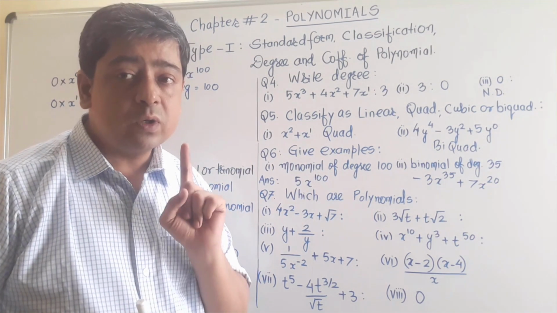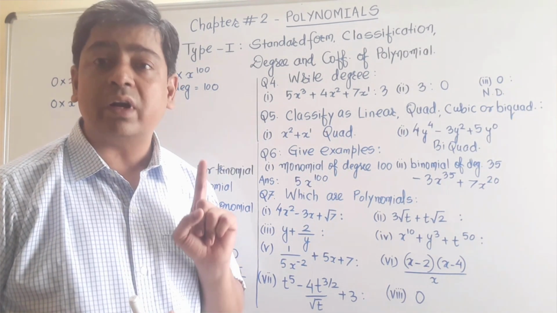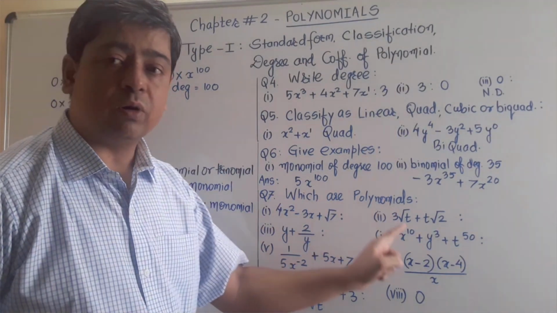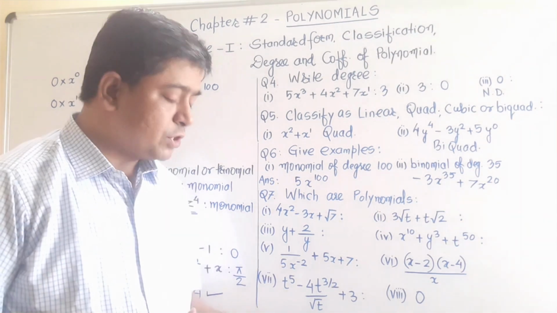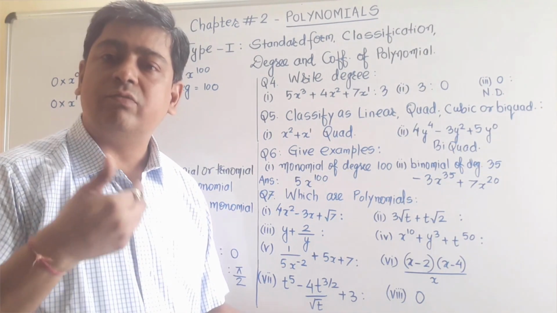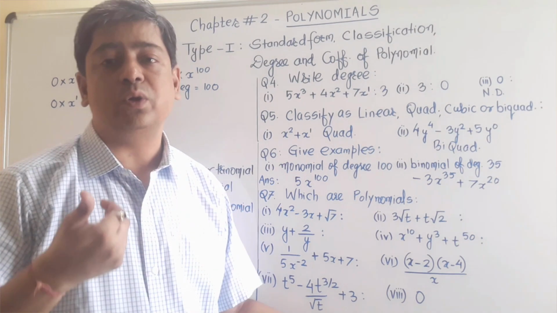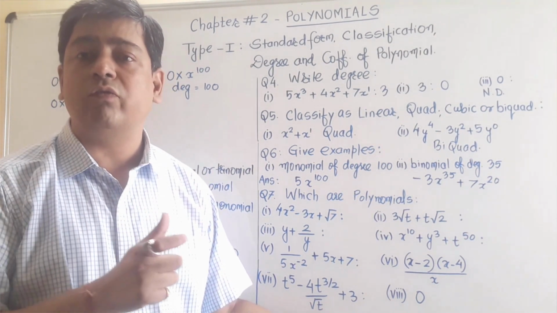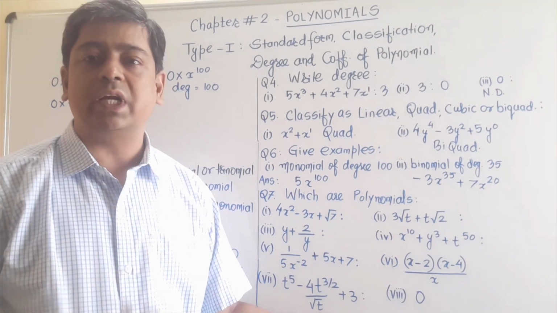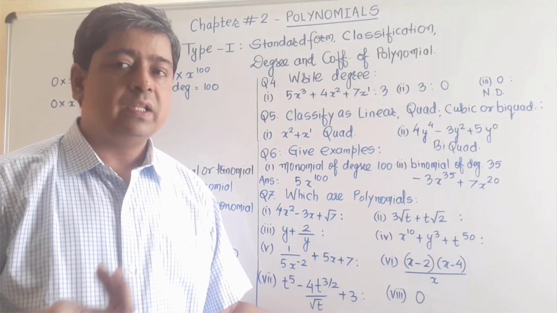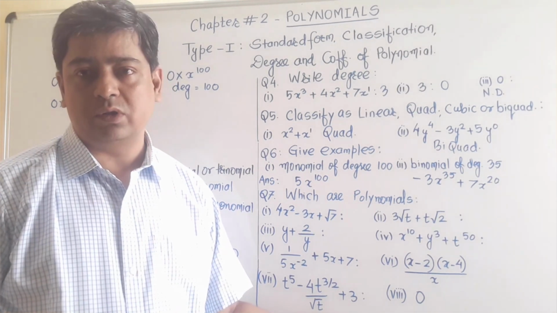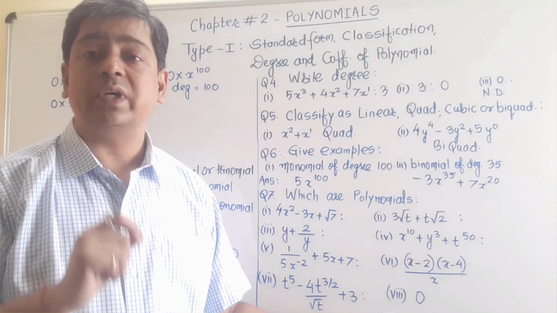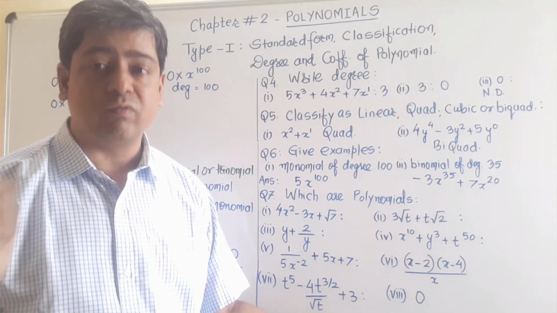Now one routine question which comes in the examination regularly, that is your question number 7, which are polynomials. Actually here we should classify the polynomials in one variable or the polynomials in two variables. According to our syllabus we have polynomial of one variable, but to identify whether it is a polynomial or not, sometimes they give two variables, three variables also. So we can classify whether yes, it is a polynomial, but it is in one variable or more than one variable. So let's start.